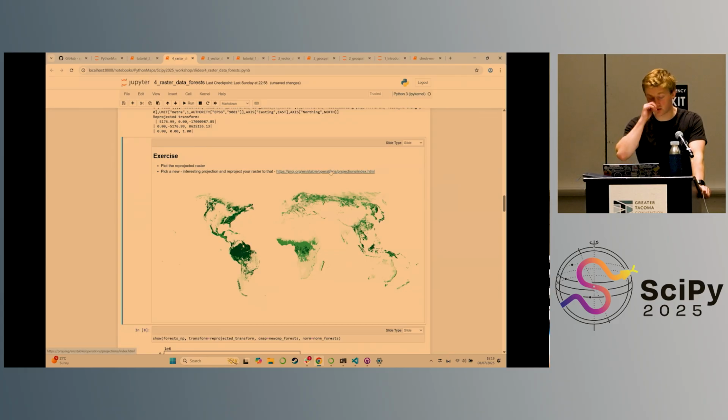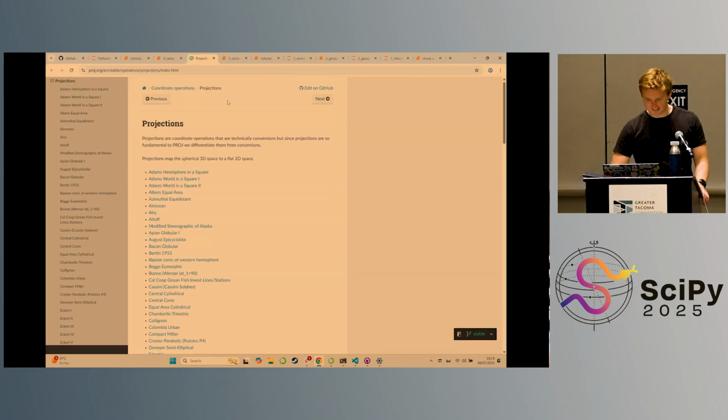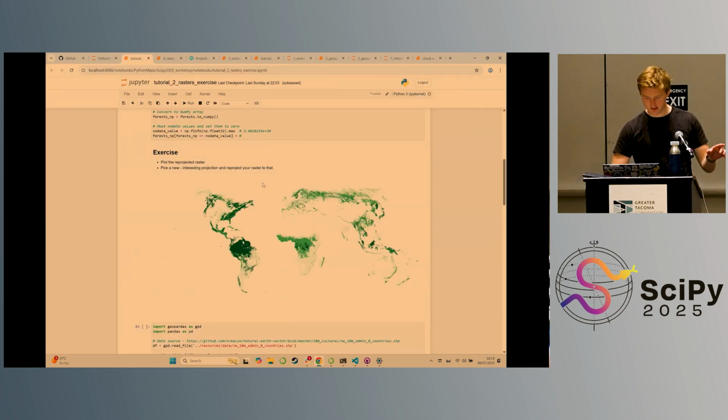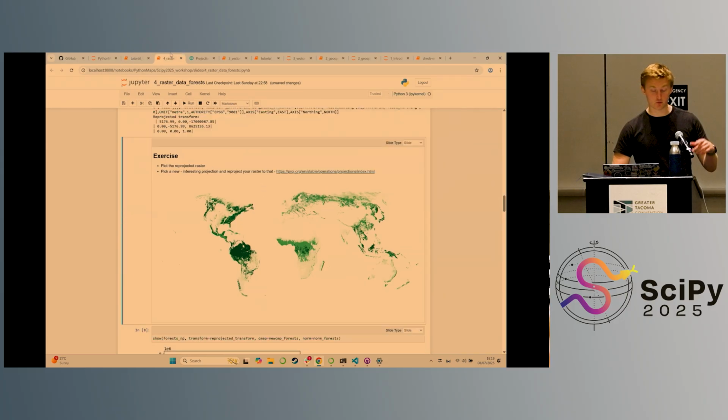What I want you to do is load the data, so load up the raster, the downsampled forests underscore TIFF, plot it normally, and then reproject it into a new projection, and then plot that. There are a list of projections here. There's a link in the slides. I don't think I've put it. Yeah, so I've not put that link in the tutorial, but if you go to the slides